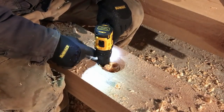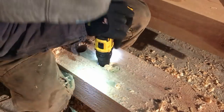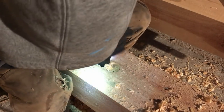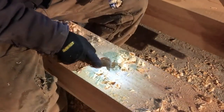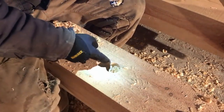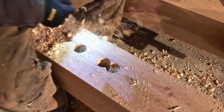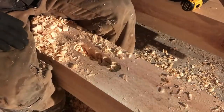That backwards at this point is not a big deal because we don't have an end here that we have to worry about. But those sides are still quite important. You're going to use these drill holes to have your chisel follow down. So all right,